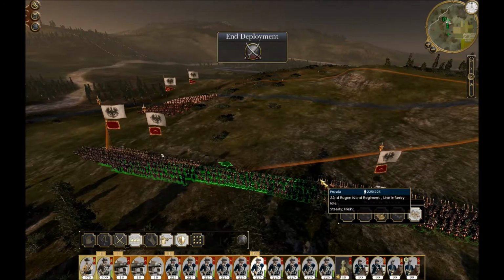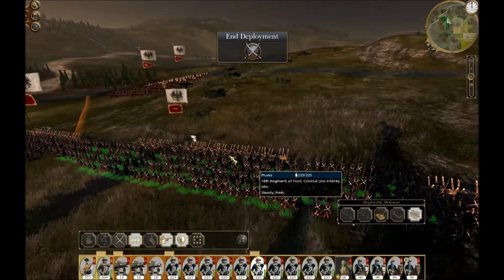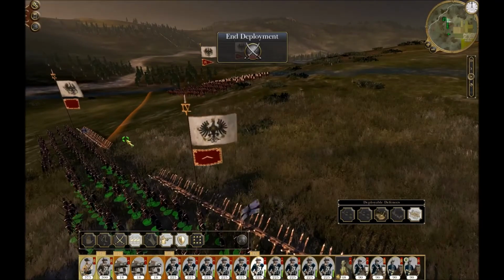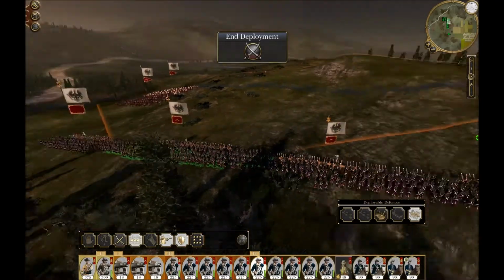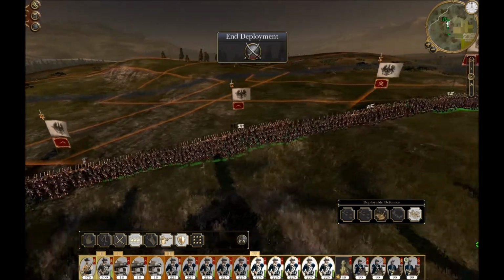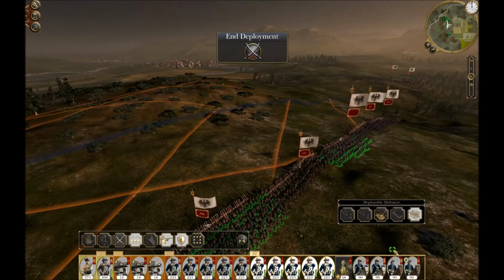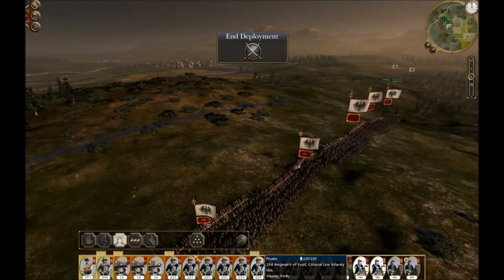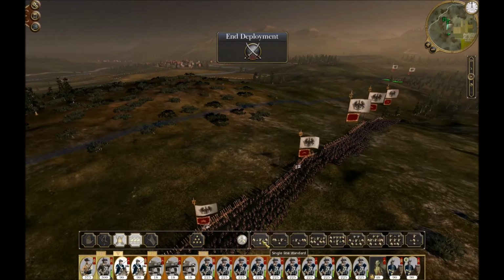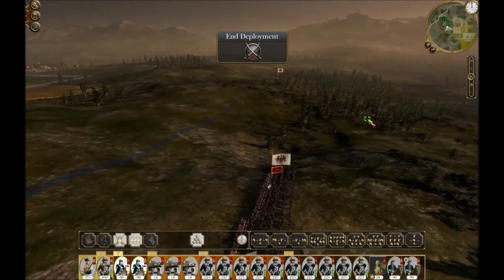Okay, so we need to go here. Right. Okay, let's have a close look, see where these fences are. That's not bad. That's not bad. So we're going to have one unit, one line behind the other. We need our cavalry to form up. We're going to go into wedge formation. We're going to form it over here,